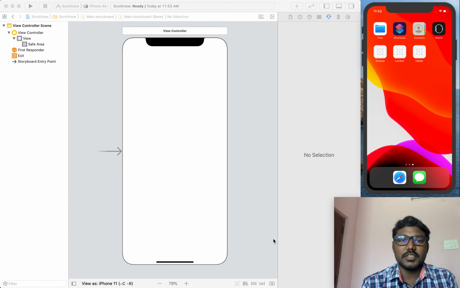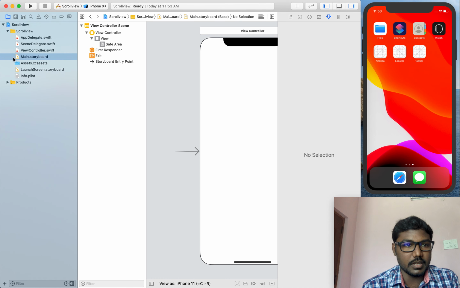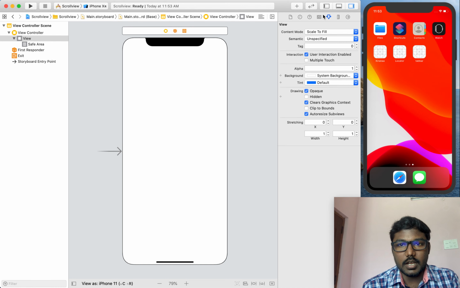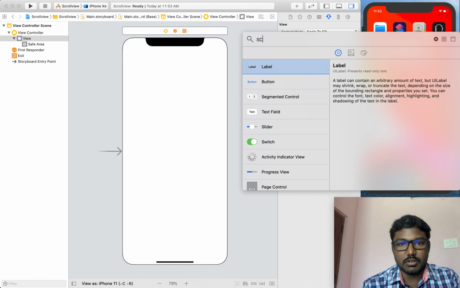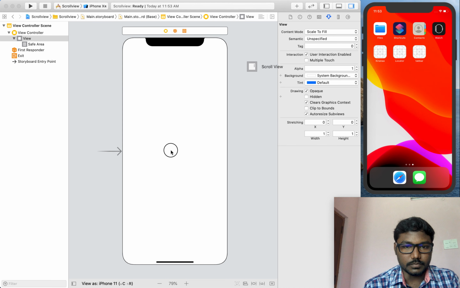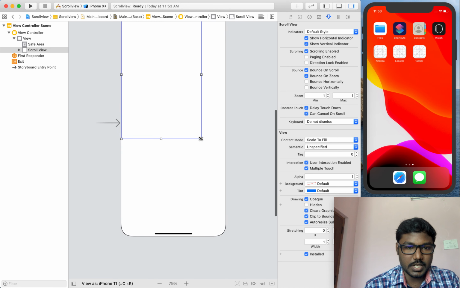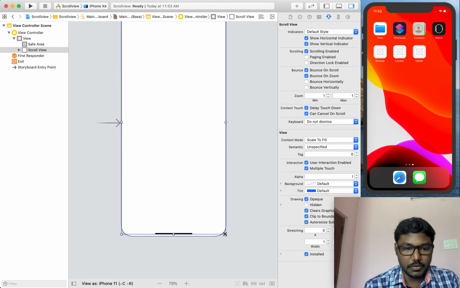Here KTR Kadir. This is a super awesome tutorial about how to design a static form in a scroll view using Xcode. I have already created a new project and I'm in the storyboard. Now I am going to add a scroll view. We can drag and drop it, and we can set the frame for that scroll view as the full screen of our self.view,